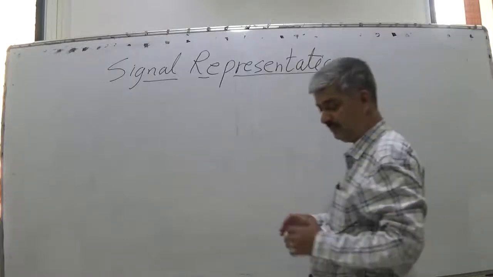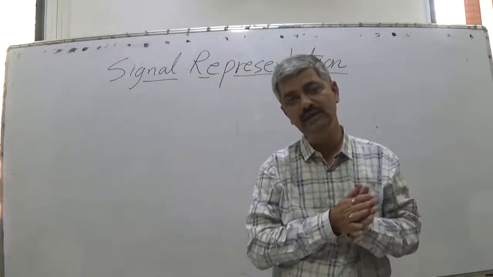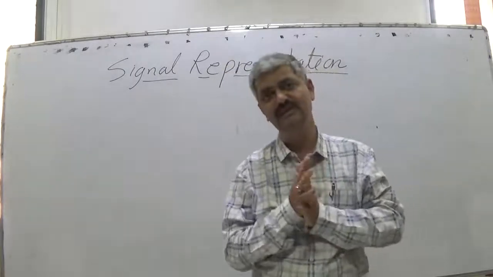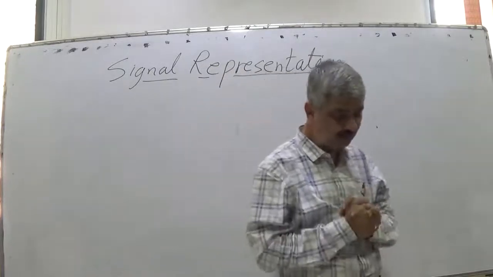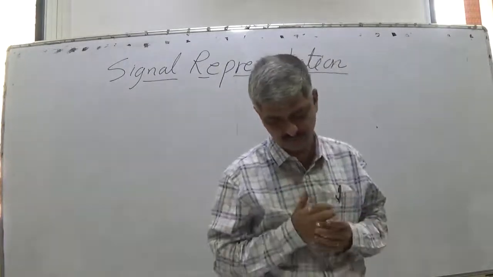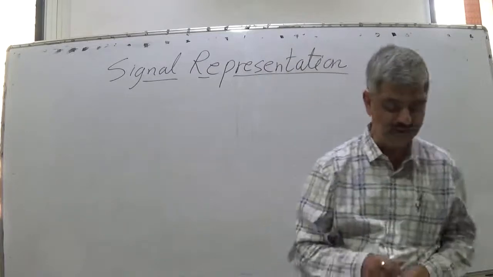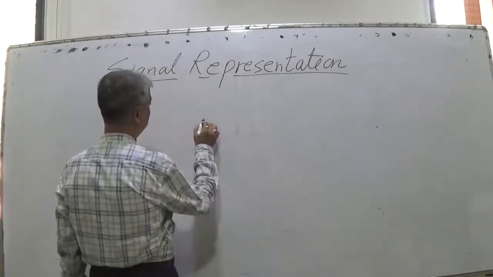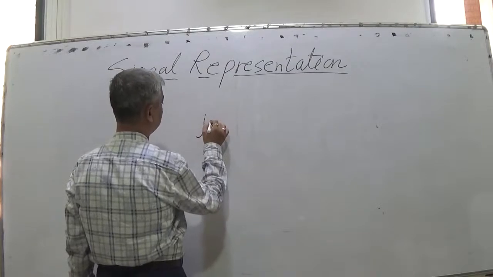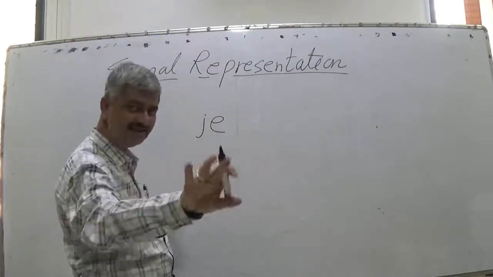Last time we were referring to the concept of e raised to j theta, then e raised to j omega t and all that. Now, while discussing the properties of differentiation and all these things, we came to a very peculiar thing. What would be, in general, j e raised to either j omega t or j theta in general.